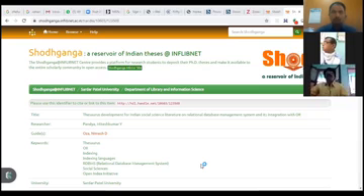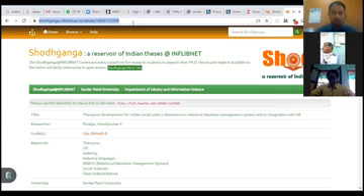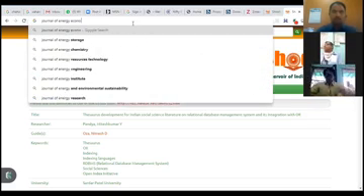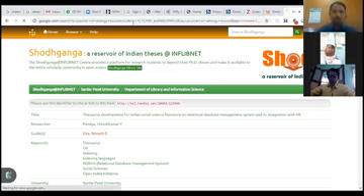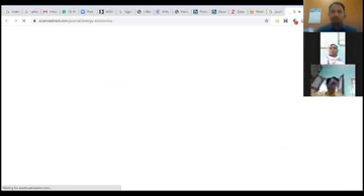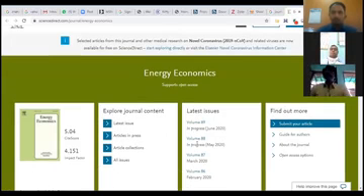Okay. Now, once again, I'll go back to Zotero, or I will go back to some database. Let us assume that I'm going for the Journal of Energy Economics. This is the journal published by Elsevier ScienceDirect. So I'll go to access the ScienceDirect database. I'll simply click on this. You can see there are a lot of issues available.